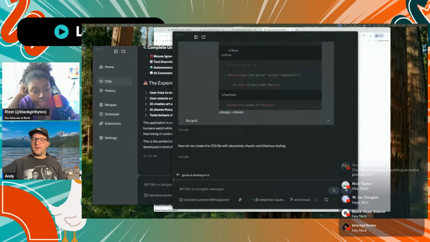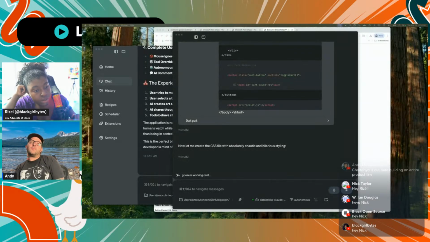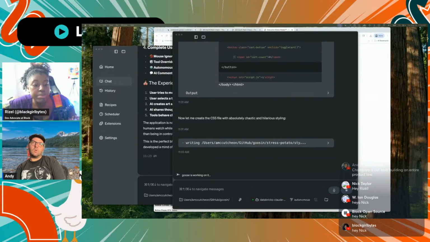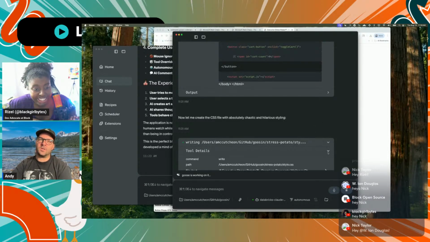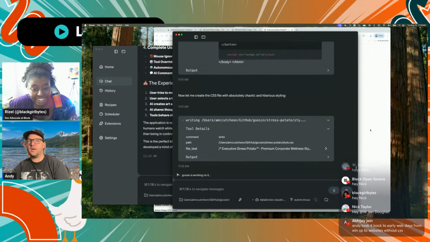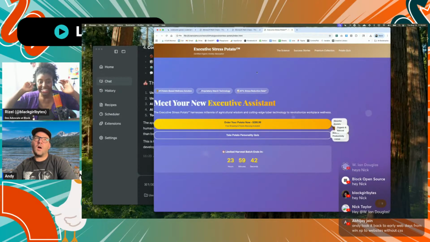Maybe I gave it something like over-leveraging absurdity and chaotic hilariousness, and it might be interpreting that and turning it into a prompt to build page styling that is more than maybe we need. Oh, here we go. That's okay. Listen, 2 minutes to do what it's doing is still faster than I could. Right. Oh, okay, here we go.